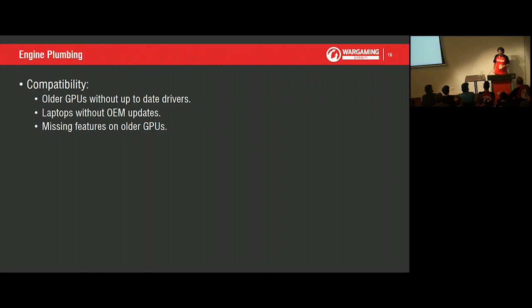For example, because of the age of some of the hardware we supported, and DX9 as well, there was a DX10 feature which we needed for the deferred renderer, which was sampling from the depth texture. That's exposed through something called INTZ, and not all GPUs supported that. Basically, any DX10 level GPU did support it, but if we were running on an older GPU that didn't, we still had to use the forward renderer, so we had to gracefully fall back there. In the resources, I've got a link that you might like, which is the Aras D3D9 hacks, a comprehensive guide to all of the hacks that DX9 has that you can use and what GPUs support them. Anyways,